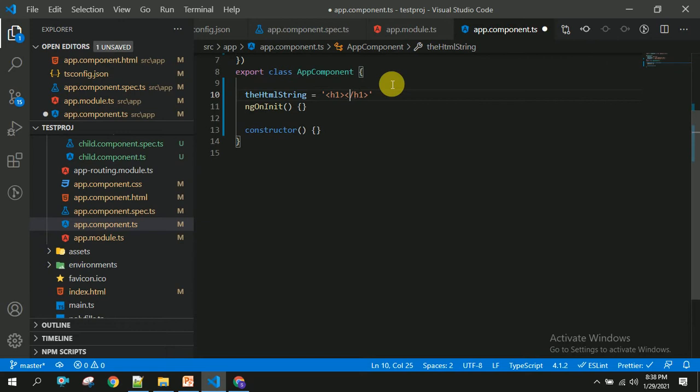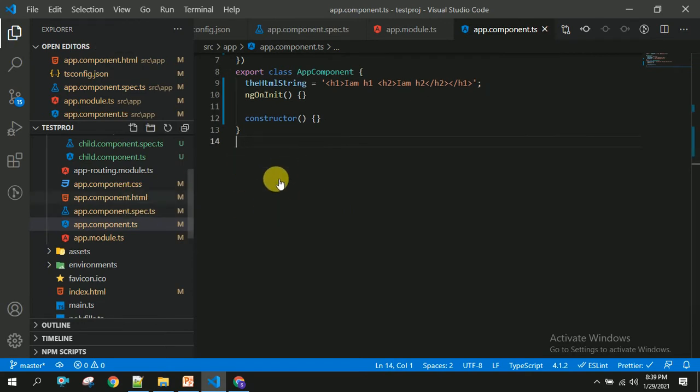I am taking an h1 tag, and inside that h1 tag I am going to display h2. So this will be the HTML response coming from the API. I am h2.